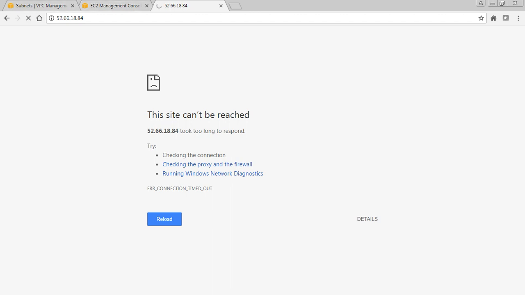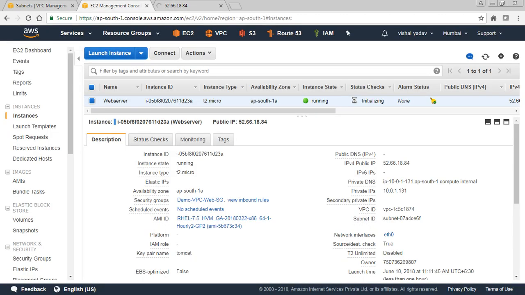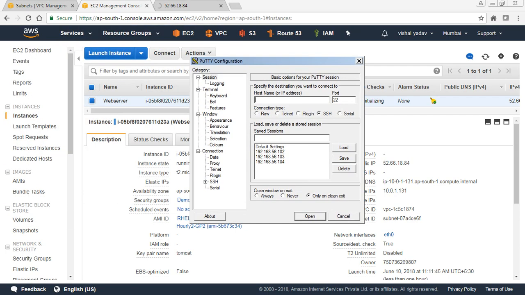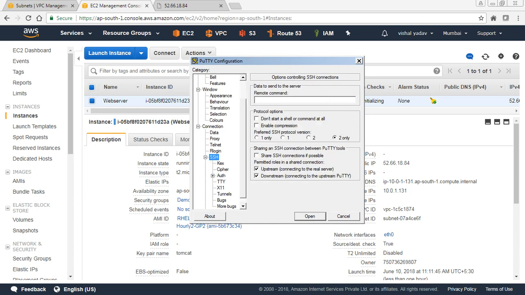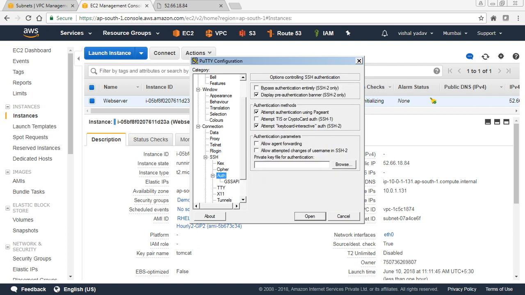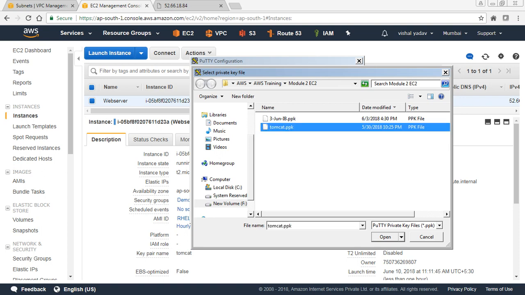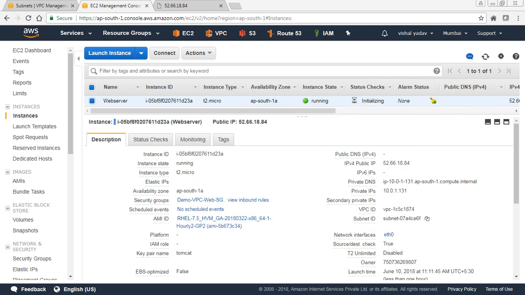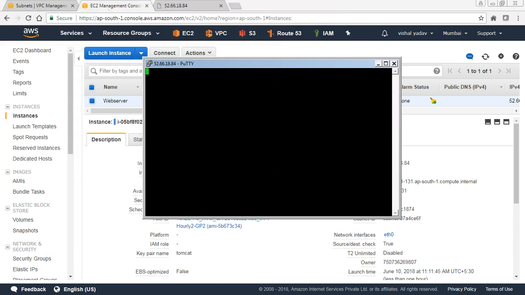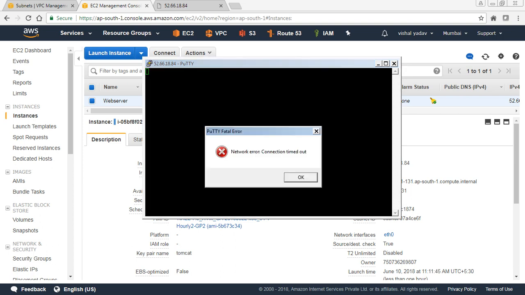If this is not coming up, you have another option to test, which is PuTTY. So we'll use PuTTY to access this. I'll use the public IP and browse the SSH key. We can see what's wrong with the server. I'm not sure if the commands we specified ran or not, so we can check that. All right, we cannot. Now you need to think about why I cannot access this. Somewhere we have made a mistake, and I have done it knowingly so that you can come to know